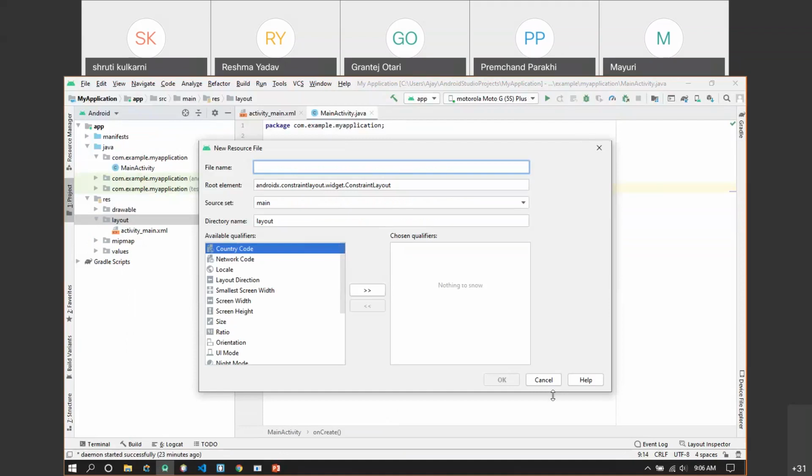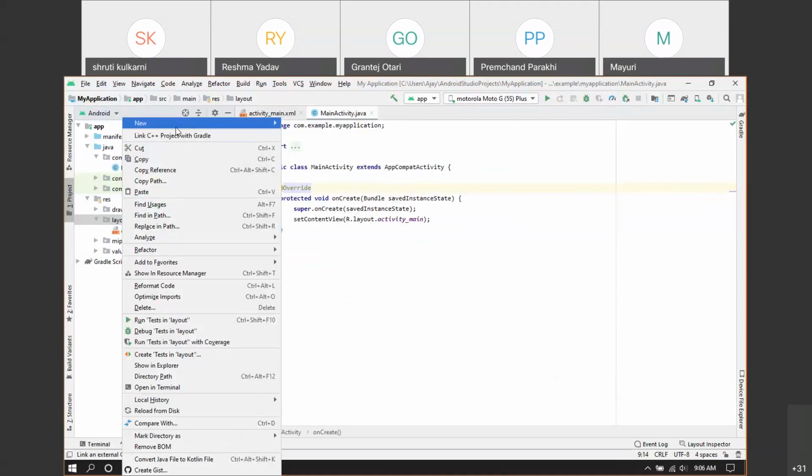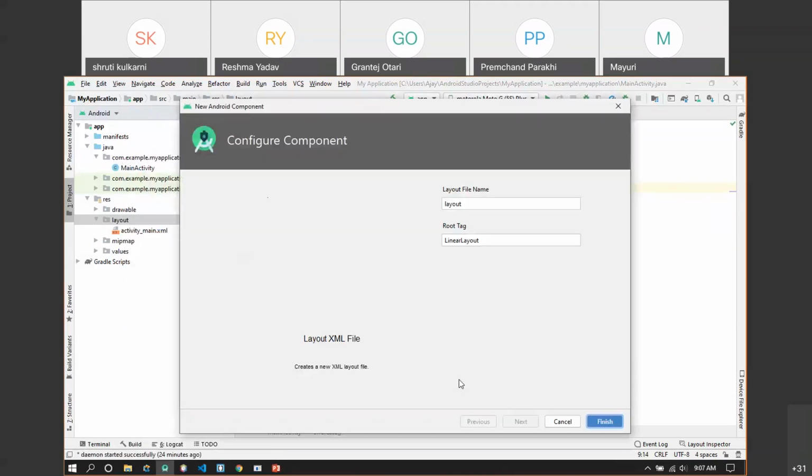Now basically here you can choose the layout resource file that you want to have. So we will simply add a simple design here. Just click on new and we'll choose the XML layout file and I'll call it custom dialog. All the letters should be small, so I'll say custom dialog.